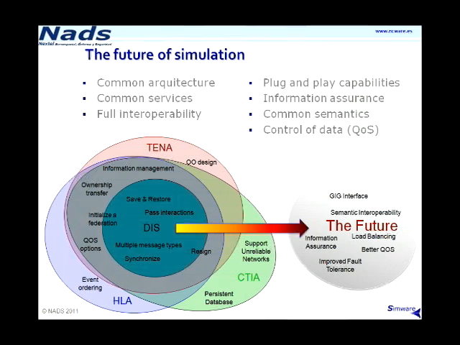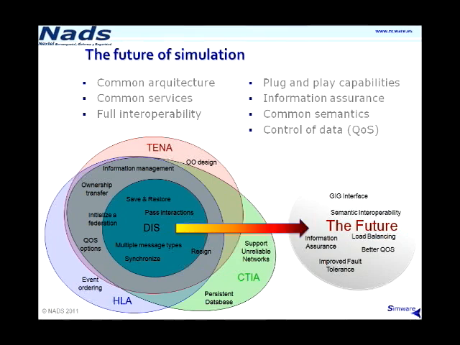But what is the future of simulation standards? Nobody knows, of course, but we can have some important clues. As suggested in the 2010 LVCAR study, the future standard will possibly be an evolution of HLA with some important improvements. First, this standard will have all the services of the current architectures joined and normalized. Also, it will allow for interoperability and full control of the quality of the data sending in time and space, what is called quality of service.